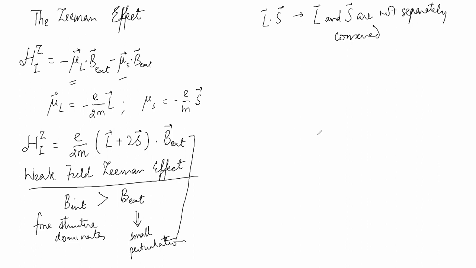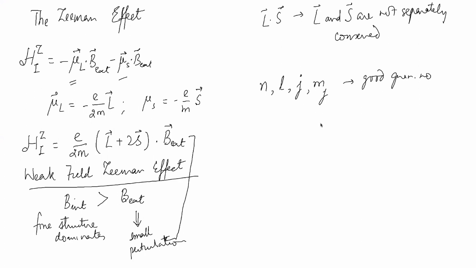And if this is so, then the good quantum numbers are n, l, j and m_j. Since L and S do not commute with L dot S, the quantum number associated with L, that is m_l, and the quantum number associated with S, that is m_s, are not good quantum numbers. The system would be described by